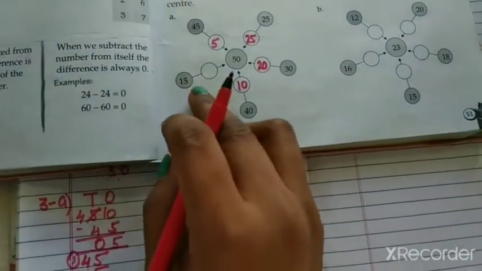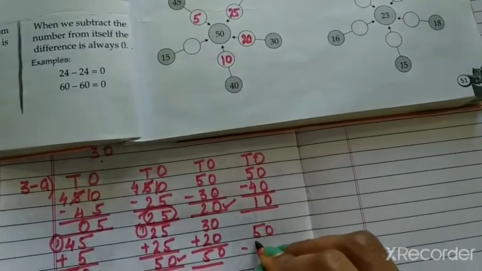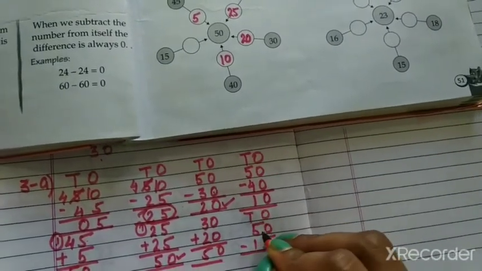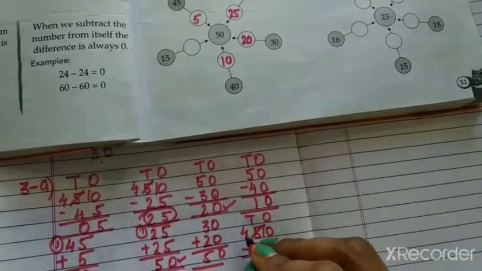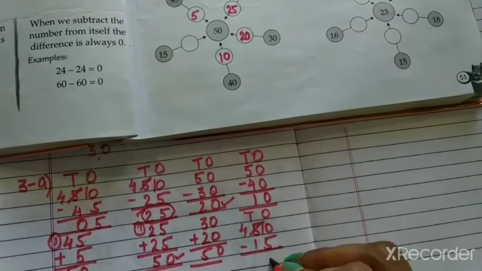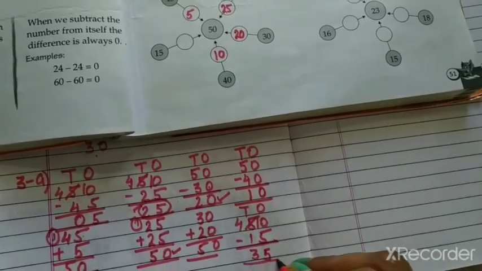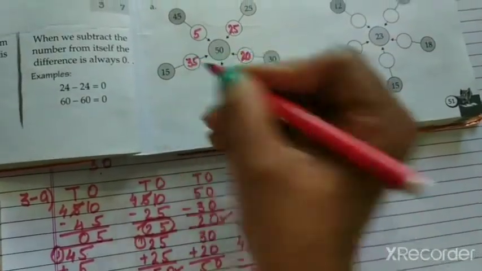Now in the same way, 50 minus 15. So this is the 0. So we do the same process. This is the 10. And this one becomes 4. 10 minus 5 is equal to 5. 4 minus 1 is equal to 3. Yes. So we add 35. Want to check? You check it.